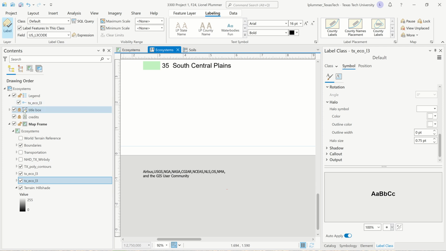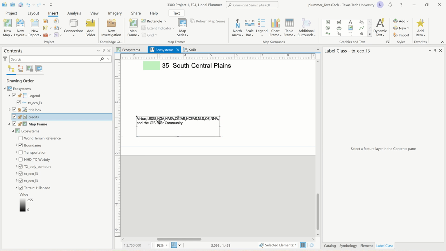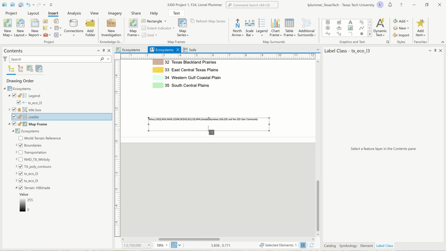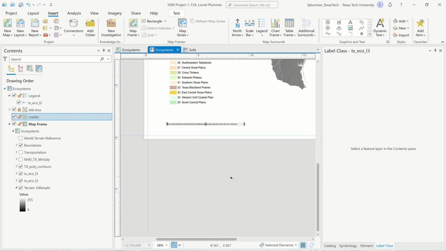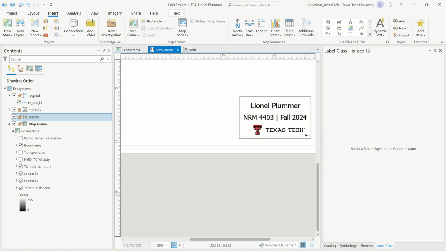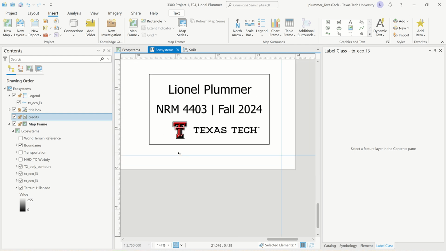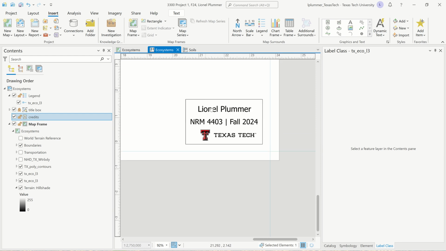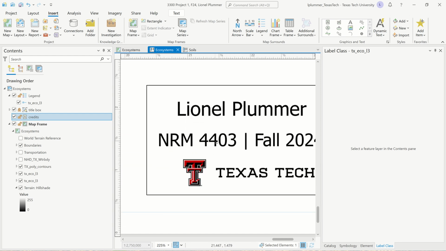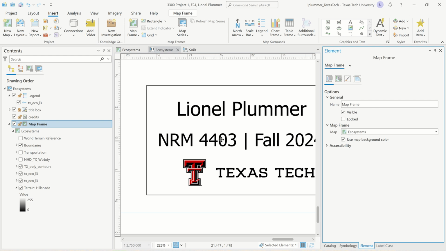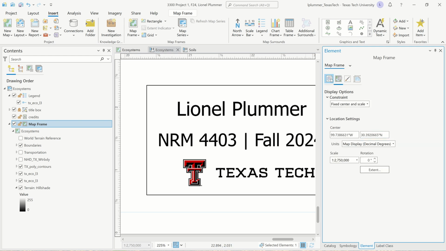So you may have your credits locked. All right, so you'll want to bring them up here and draw them out or pull this out so that it's all on one line. Okay, and then make this box as small as possible so that way it's going to be easy to line up with this. So then zoom in to your nameplate, okay, and see, I have an error right here that I need to change. Okay, this should say,